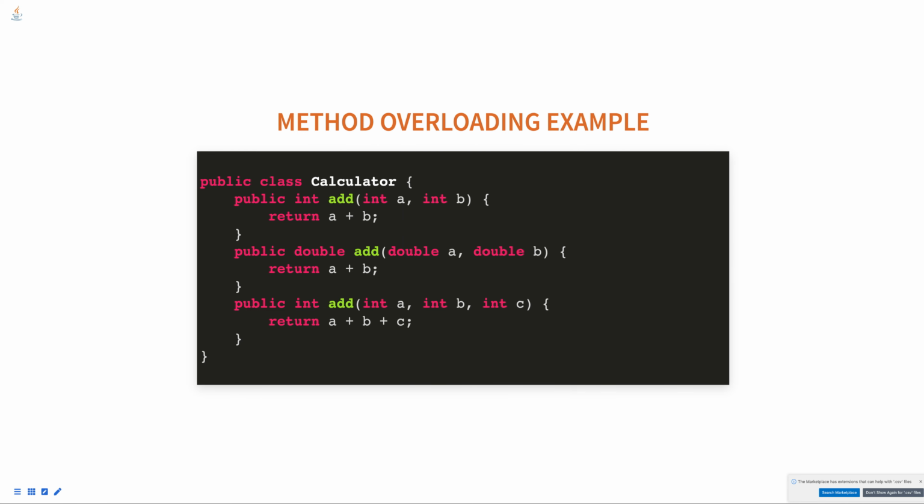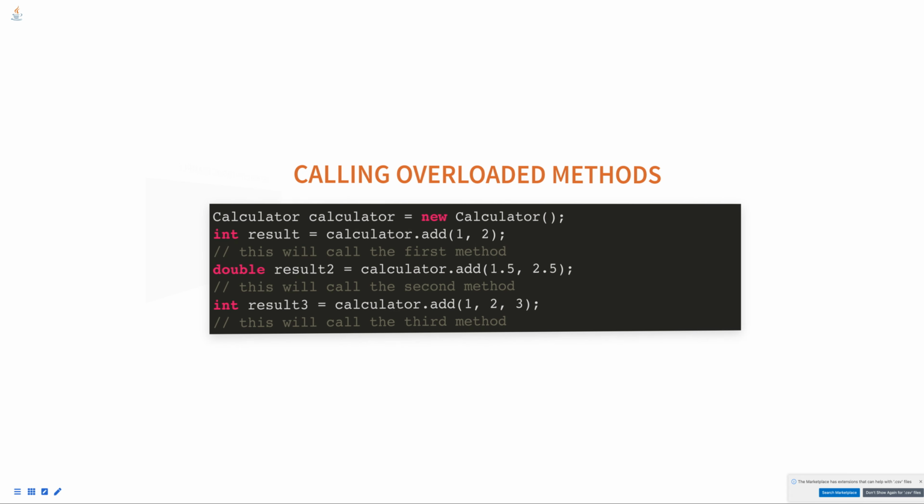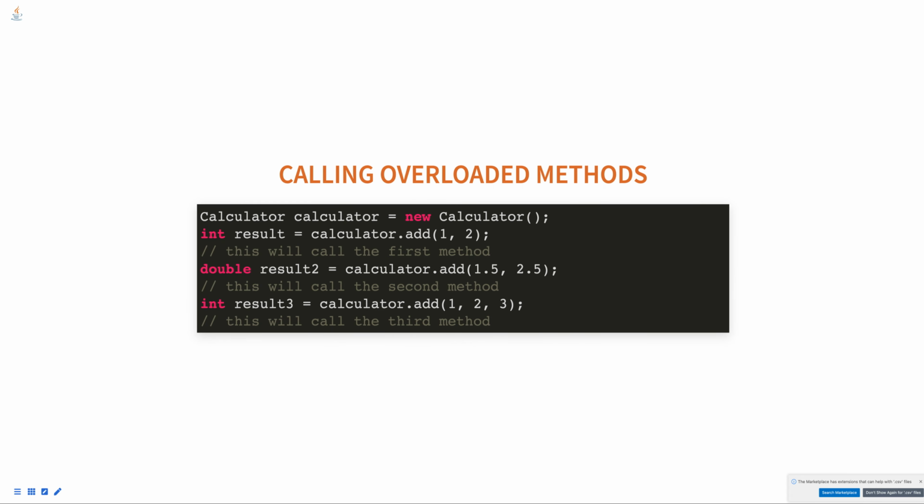When the add method is called, the Java compiler determines which method to call based on the number and type of arguments passed in the call. For example, in this example, the first method call